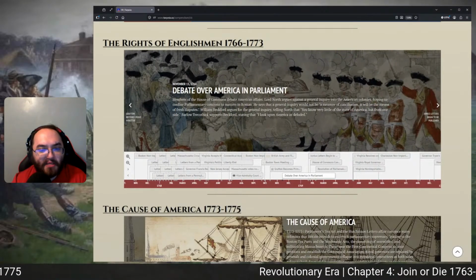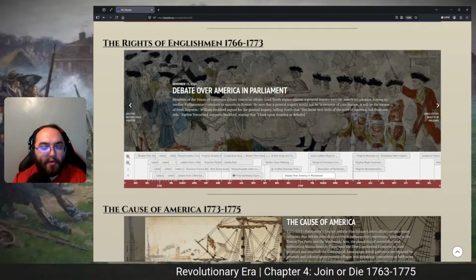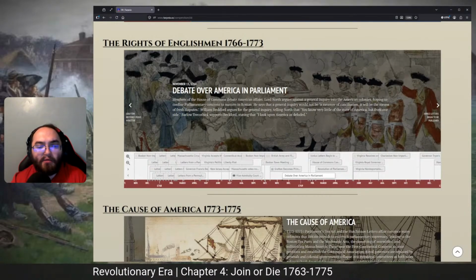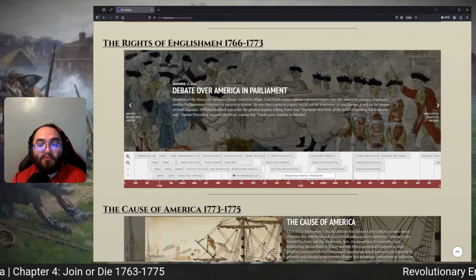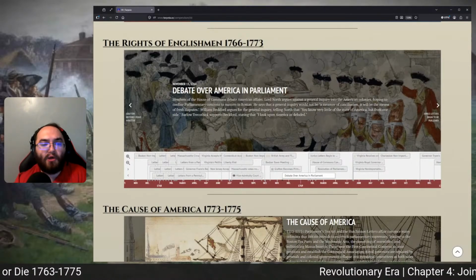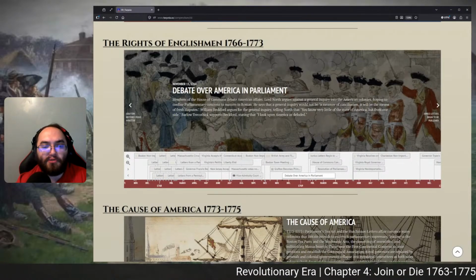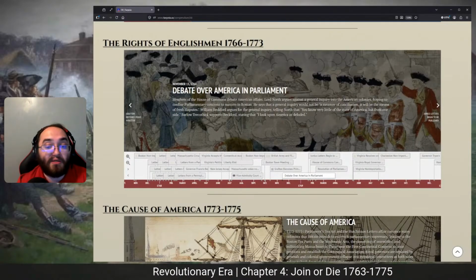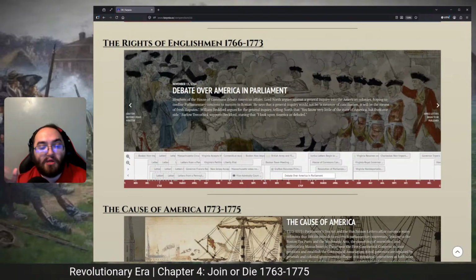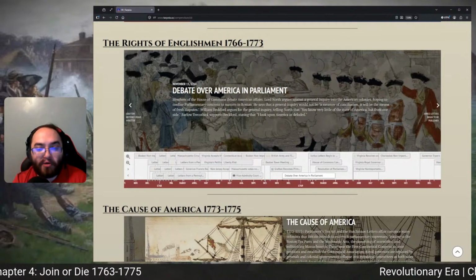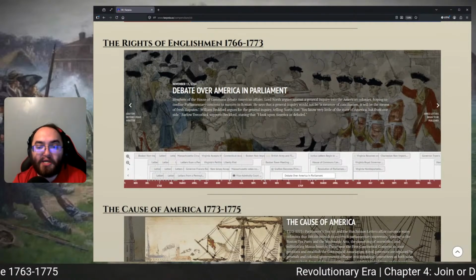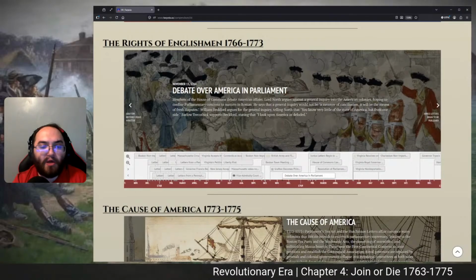Parliament will debate the issues going on in America. Lord North, a member of Parliament at this time, argues against a general inquiry into the American colonies, hoping to confine parliamentary concerns to matters in Boston. So Lord North just wants to focus on what's happening in Boston. He says that a general inquiry would not be a measure of conciliation, it would be the means of fresh